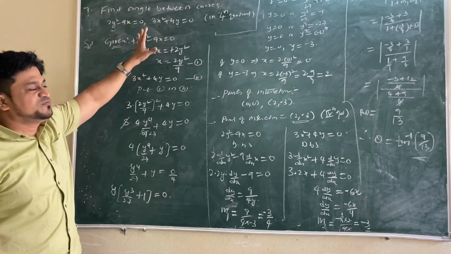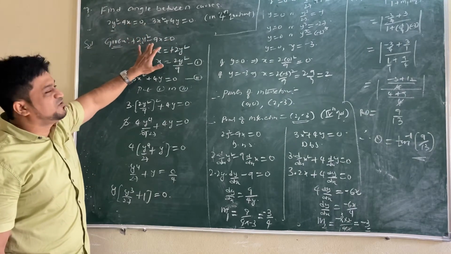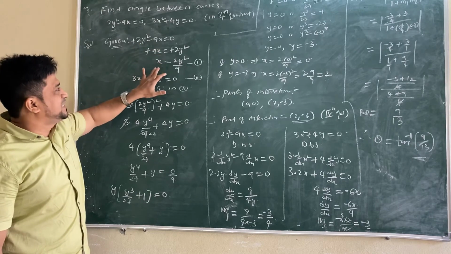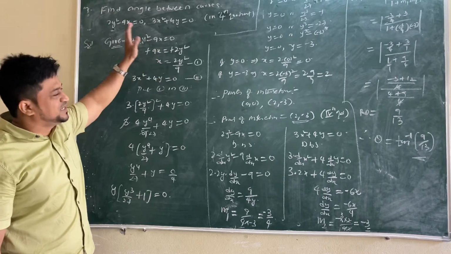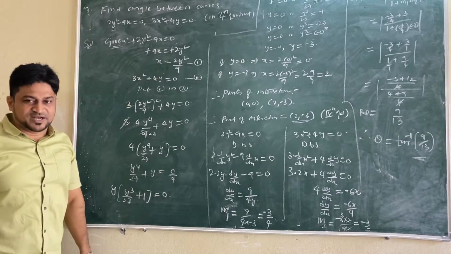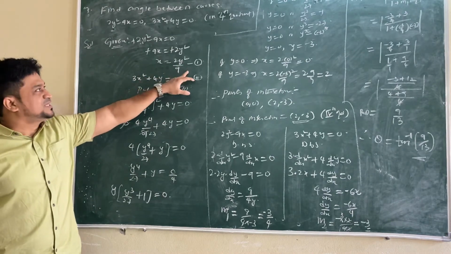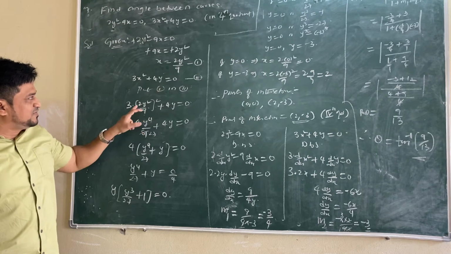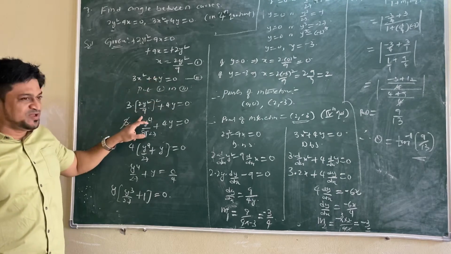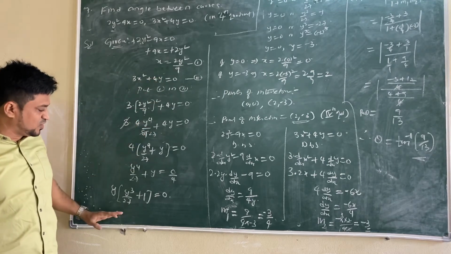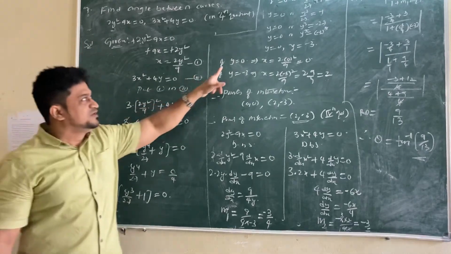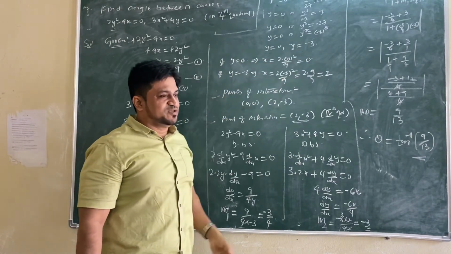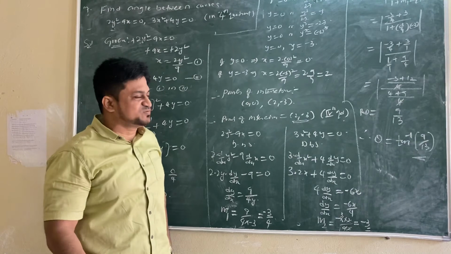So what we have to do, from first one, equate the value of x. Equating x means taking x on left side, sending right, whatever terms are there on right side. After equating x, we have to substitute this x value in equation second. So wherever x is there, 2y square by 9 we have to take. Then after simplification, we got the value of y. Values of y. How many values we got? 2 values of y. When we have 2 values of y, we will get 2 x values.